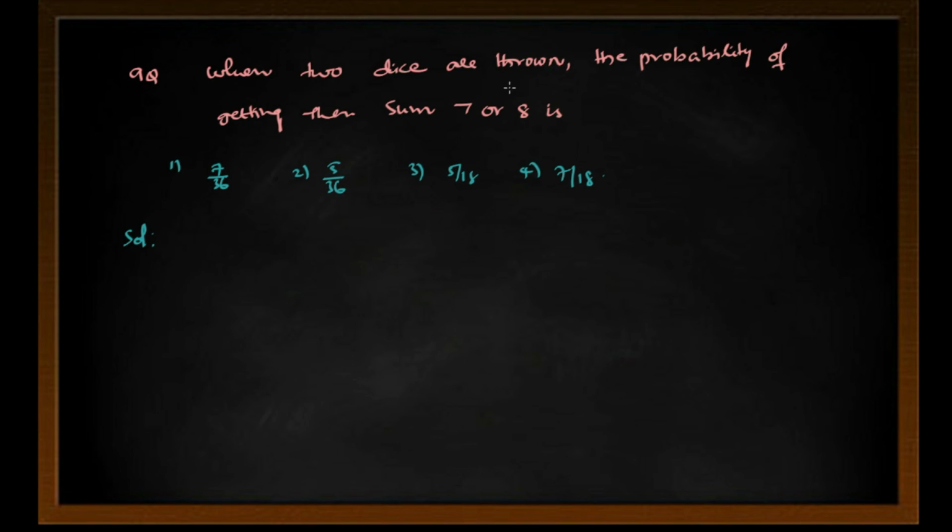Next question: when two dice are thrown, the probability of getting the sum 7 or 8 is? We all know that a die contains 6 numbers: 1, 2, 3, 4, 5, 6. So the probability of getting any number is 1 by 6. Let A be the event